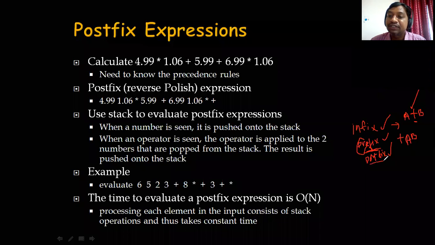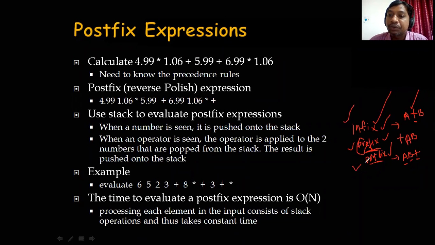The reverse of prefix is postfix. In postfix, the operands come first, followed by the operator. So a is the first operand, b is the second operand, followed by the operator, that is plus. These are the three ways in which we can write expressions in computer science. But the more native way for us human beings is infix expressions. While writing our programs, generally we follow infix notation.